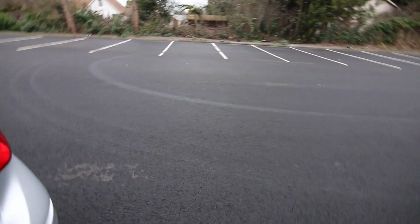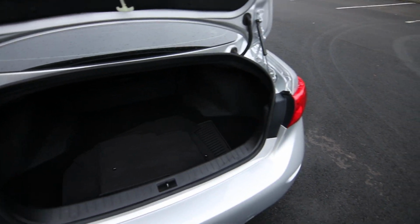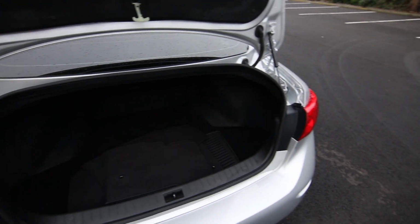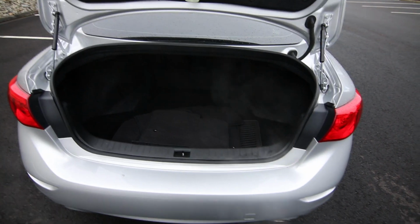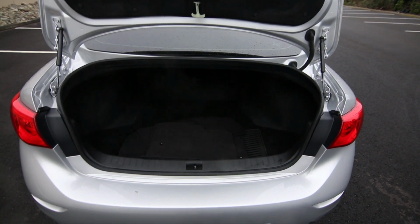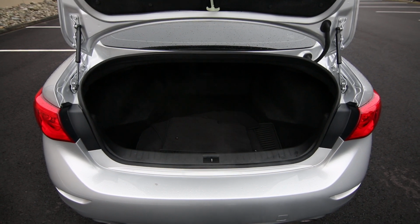This Q50 is also equipped with all-wheel drive, great for the wet, slippery weather we have in the Pacific Northwest. It's starting to rain now. And while this isn't the Red Sport 400 or 400 horsepower, it still has 300 horsepower. So if you just had this with rear-wheel drive, which they come standard with, in wet, slippery conditions like this, you punch the throttle, the rear wheels are going to want to spin, the traction control system's going to kick in, and that's going to reduce your performance. Just the opposite of all-wheel drive, it's going to grip and go. As soon as those rear wheels slip, it can send up to 50% of the vehicle's power to the front wheels for excellent wet weather performance,